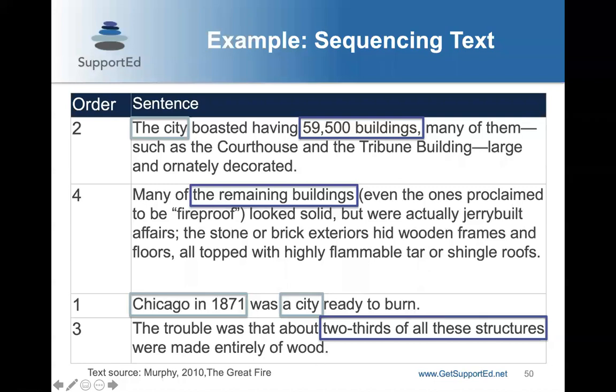And this text obviously would be very hard for students to do because it doesn't have any of the traditional clues that we think of when we talk about sequencing words like first, next, then. But it's also good for students, once they become more skilled at this, to identify other clues beyond those transition words that we use in our writing to help transition between ideas.